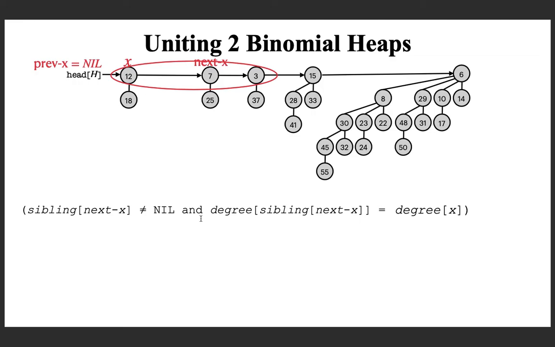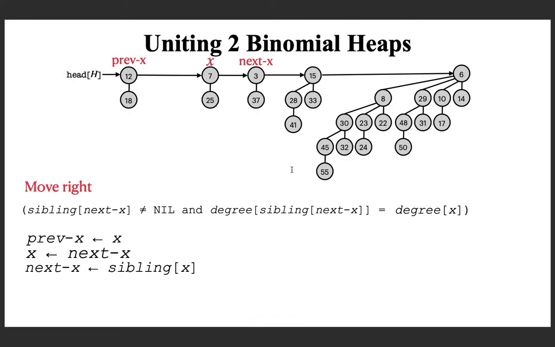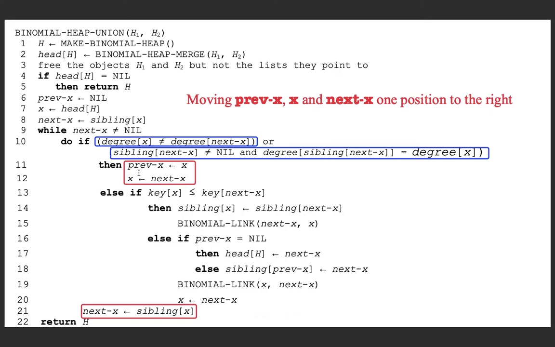This is the condition: the sibling of the next. Sibling is this pointer, which is not null, meaning there is a tree on the right. And here you are checking that the degree of this tree is the same as the degree of x. In that case you have to advance, move right. It's the same sequence of 3 statements, and that is the next part of your algorithm. So in either case, whether this condition is satisfied or that condition is satisfied, the previous 2 cases that we discussed, you move these 3 pointers to the next. These are the sequence of 3 statements.